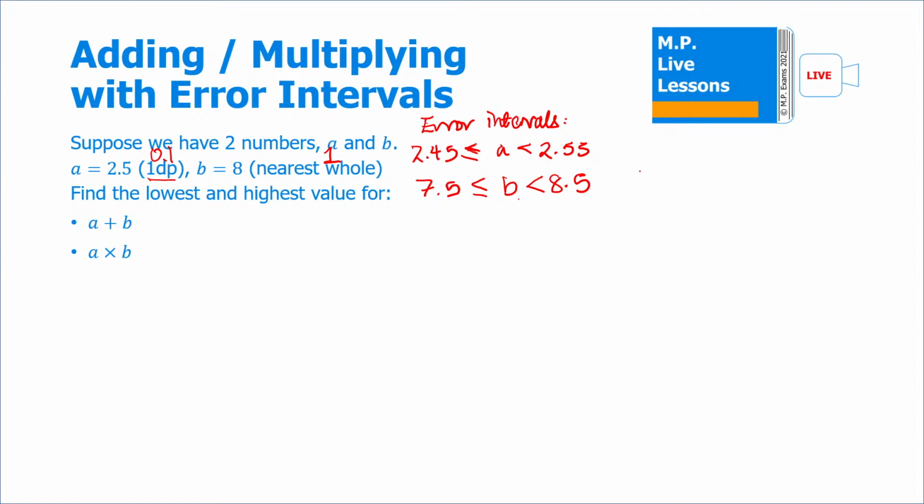So to find the lowest and highest value for either of these, to find the lowest, you have the lowest possible value for A and the lowest possible value for B. So for example, A plus B would have a minimum value of 2.45 plus 7.5, which is 9.95. So if I write the error intervals again,